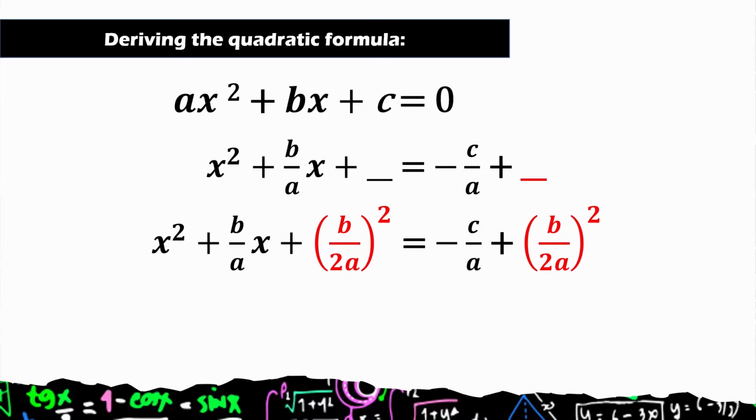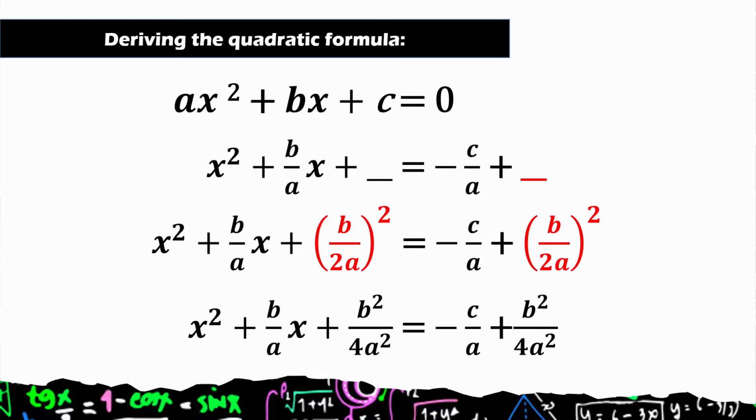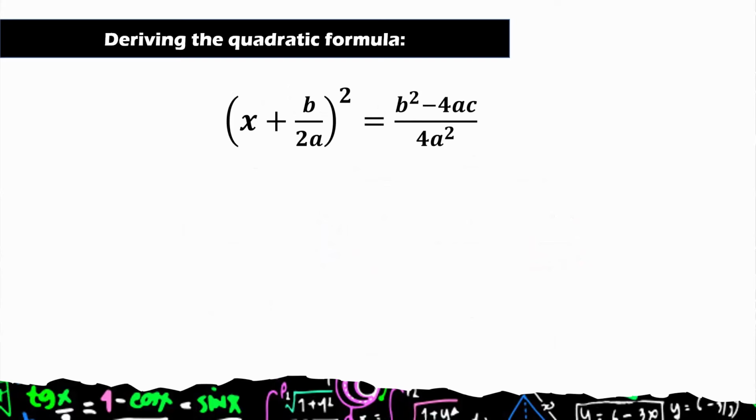So b over 2a quantity squared. And that is x squared plus b over a x plus b squared over 4a squared is equal to negative c over a plus b squared over 4a squared. Expressing the left side of the equation as a square of a binomial, then we have x plus b over 2a quantity squared,